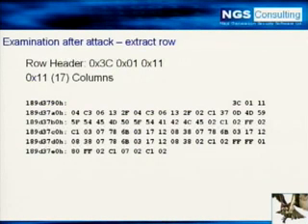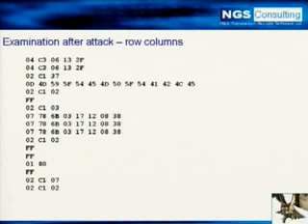We count 4, 1, 2, 3, 4. Then we come across another 4, so this is column 2, 1, 2, 3, 4. Column 3 is 02, so count 2 bytes, then 0D, and so on, all the way down. So eventually, when we do that, we can break down our data into this format, like so. And we count the columns, and there indeed should be 17. There's 17 columns, not 17 rows, my mistake.